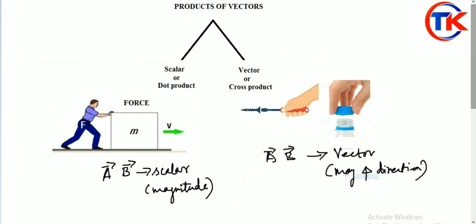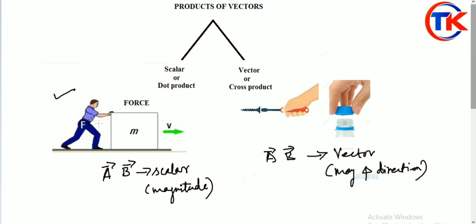You may ask, why should we multiply vectors, and in which case we have to get a scalar and in which case we have to get a vector? I will make you understand through some examples. In our daily life, we come across so many activities. In some cases, we concentrate only on magnitude. See this example. If a person wants to move this block, he is concentrating only on energy. How much amount of energy is he going to spend for this work, right?